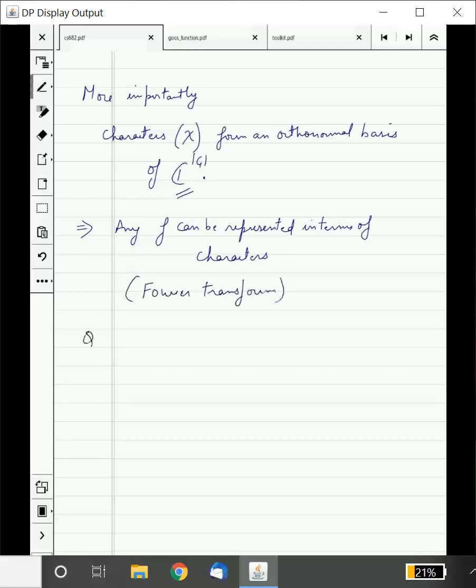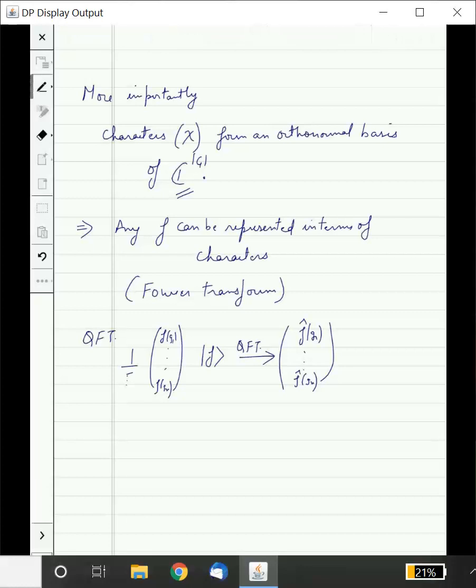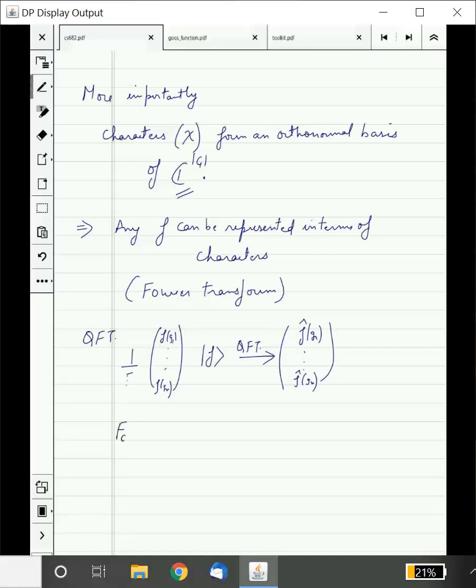What is QFT? In this case, I will write out my function values as a vector. I can say f of g1, up to f of gn, normalized somehow. I will call this the f vector, and then applying the QFT, I should get the Fourier coefficients out. We have studied them. I hope this reminder is enough. Now we know that this is the transformation. Explicitly, I can describe the Fourier transform over the basis vectors, which is going to be